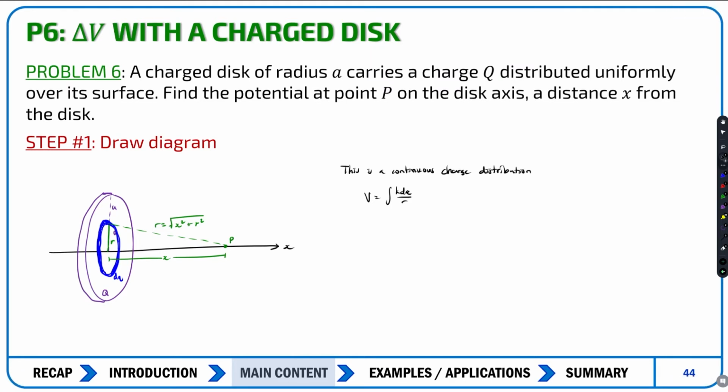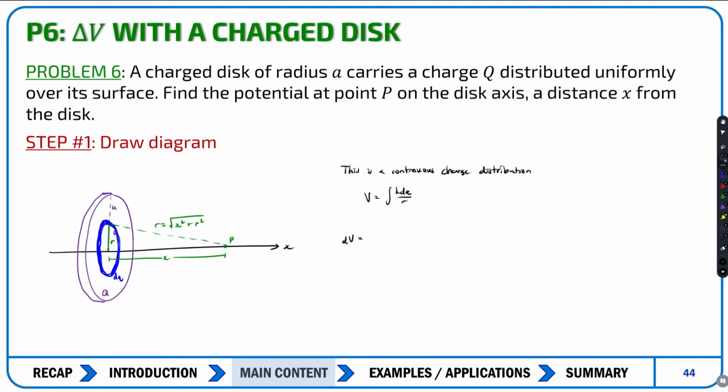But depending on the ring, the distance to P changes. So we can use a general form for the distance r, which we did already in green over here. And so we know that each ring contributes. So we have dV